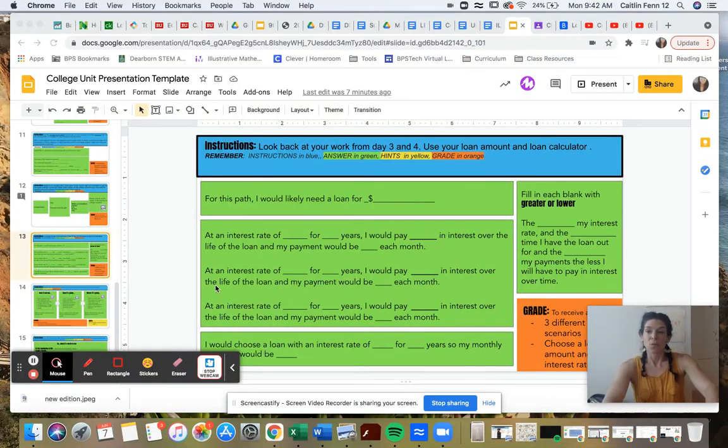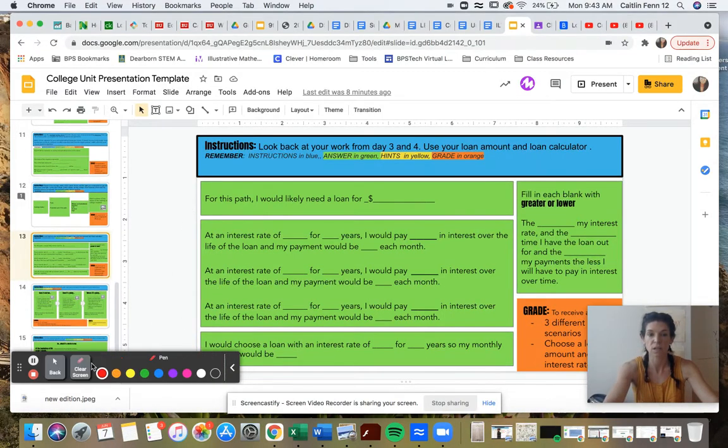All right, so we're continuing to think about the costs of college, and we just looked at how linear equations relate to our costs because we're thinking about how much money we're making every hour. There's a relationship between our total money and the number of hours worked, and our expenses, how much of those go out every month. And now we're thinking about the investment part, and that is a different type of equation. It's an exponential equation, and we're thinking about how fast these exponential equations grow